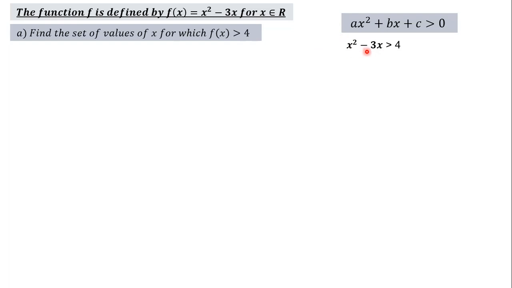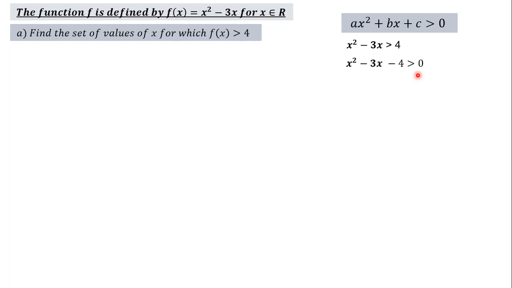So x squared minus 3x is greater than 4 can be written as x squared minus 3x, here we have the positive 4. If we subtract 4 from both sides, we will get x squared minus 3x minus 4 is greater than 0. Now students, we got the quadratic expression and we can factorize it by using a simple factorization method, that is